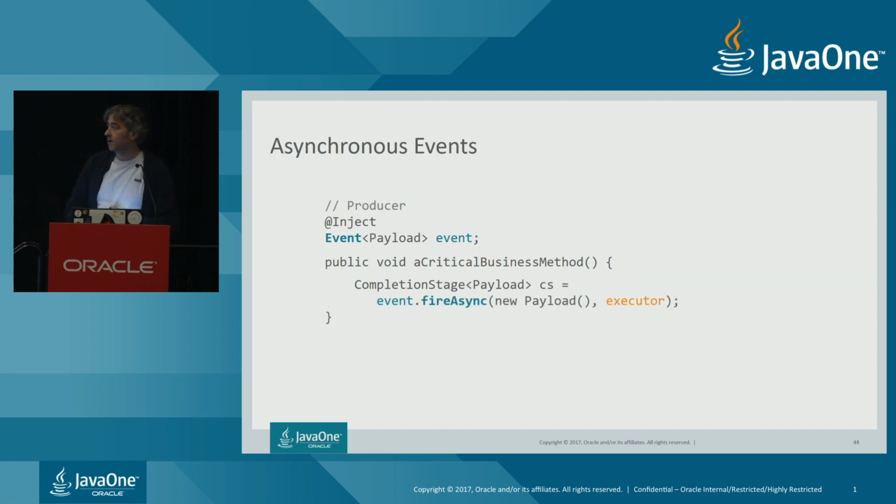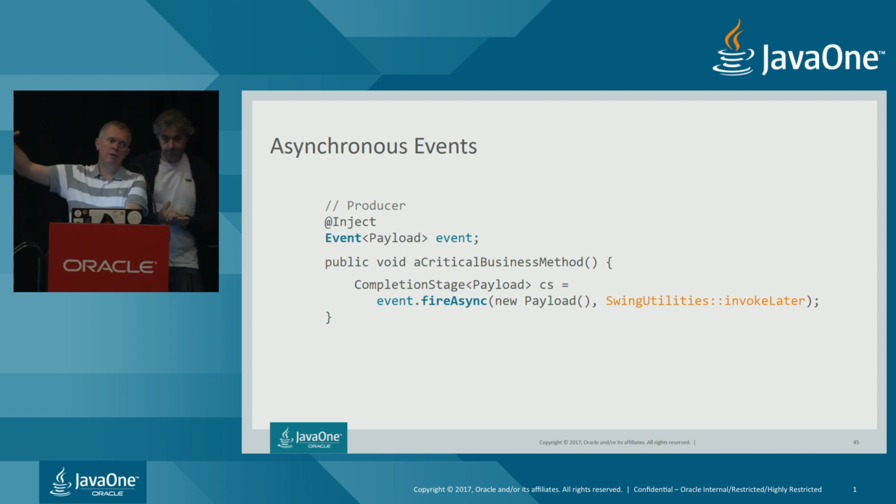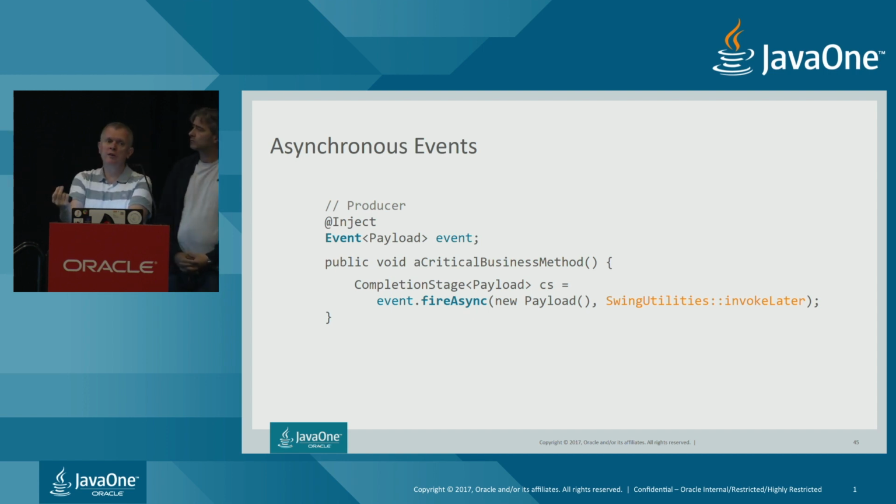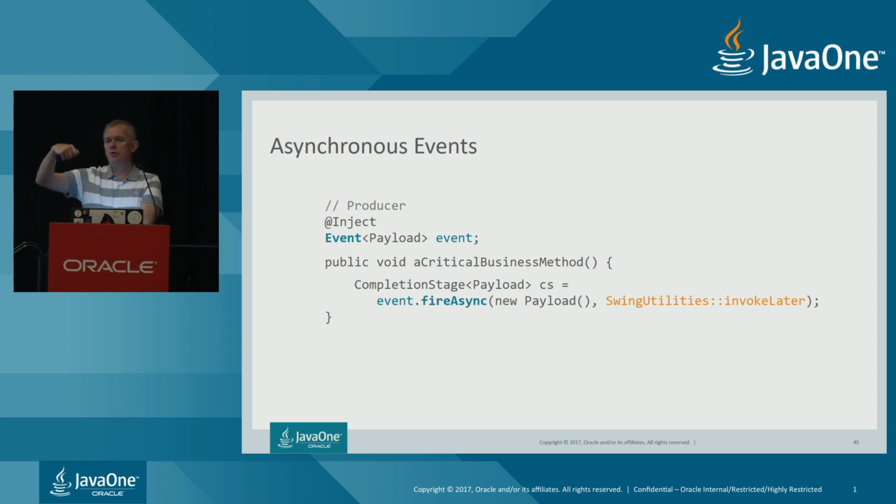Now you have the ability to pass an executor service. That's something that is done when you fire the event. Basically, when you are saying that you want to execute something asynchronously and do not provide an executor service, it will get invoked, in fact, in the common fork join pool of the Java 8 virtual machine. But you also have the possibility to pass an executor as a parameter to make sure that your tasks are going to be executed in that executor.